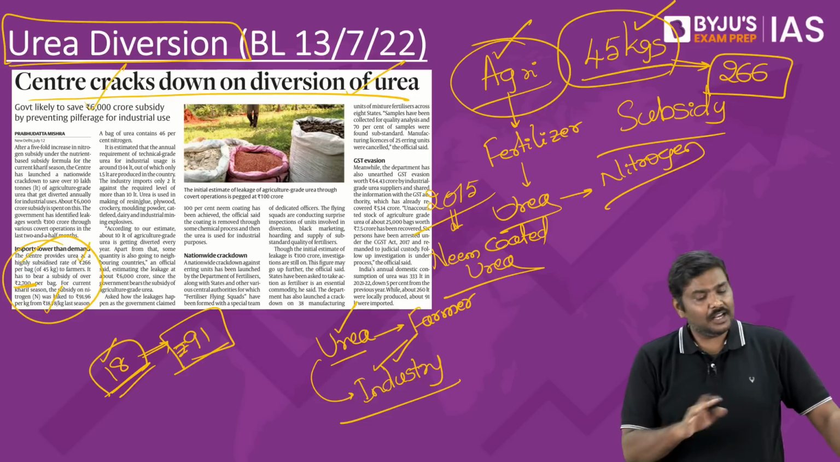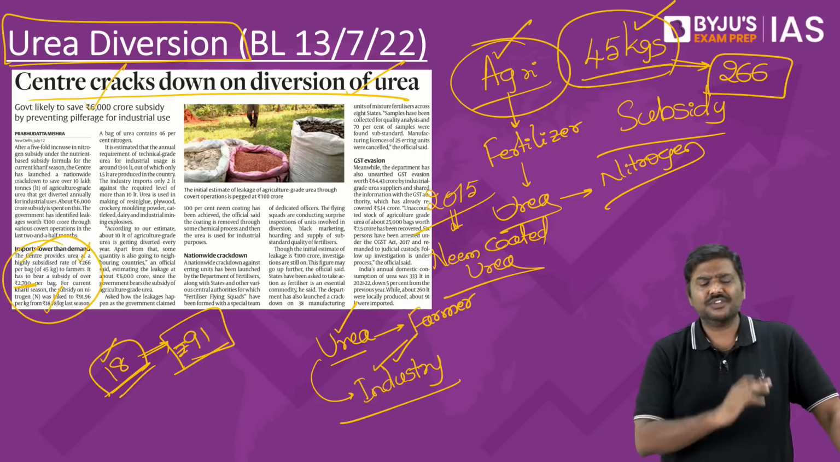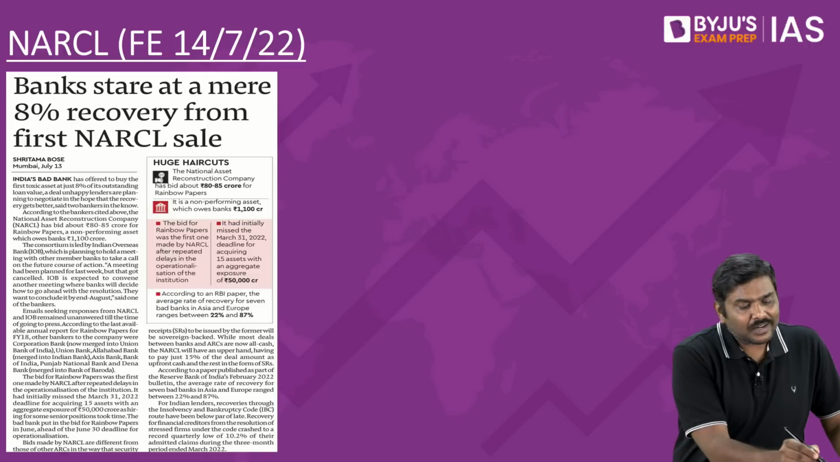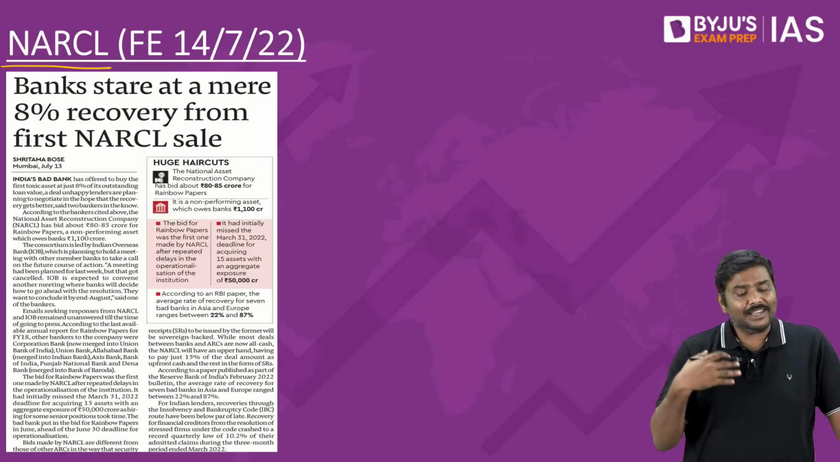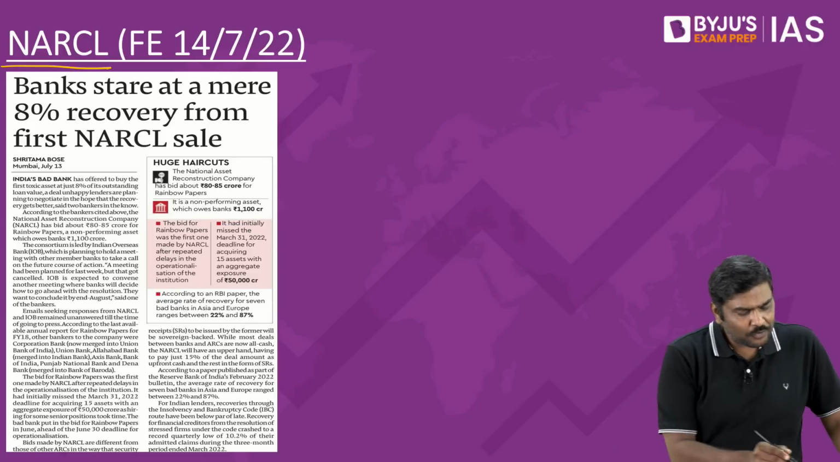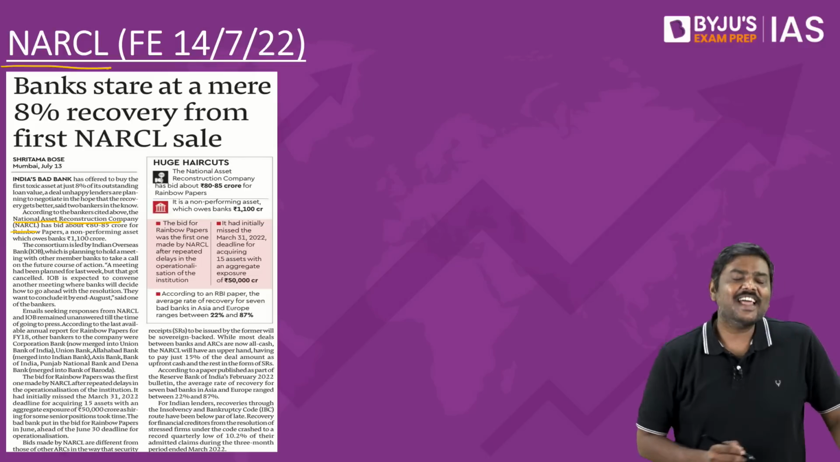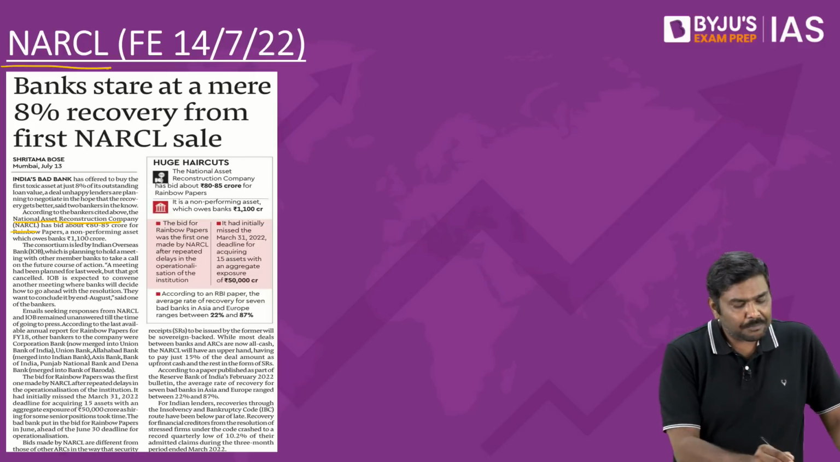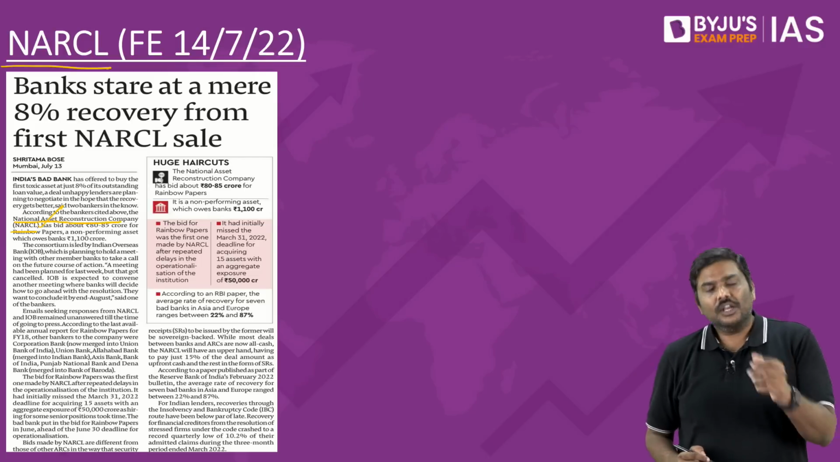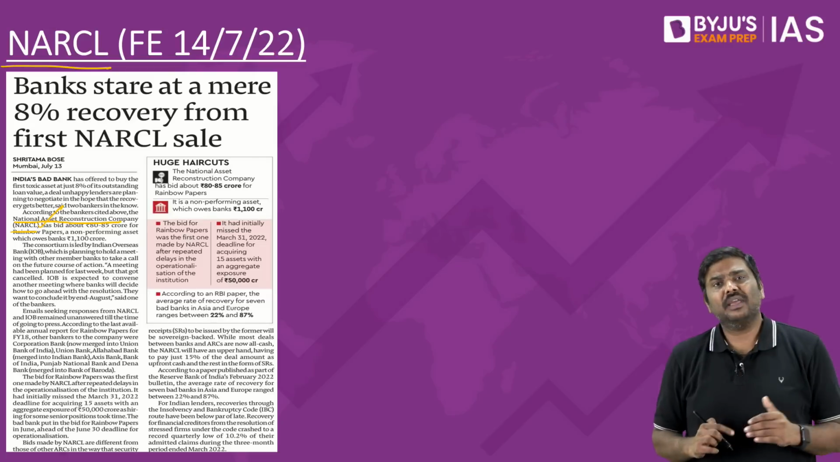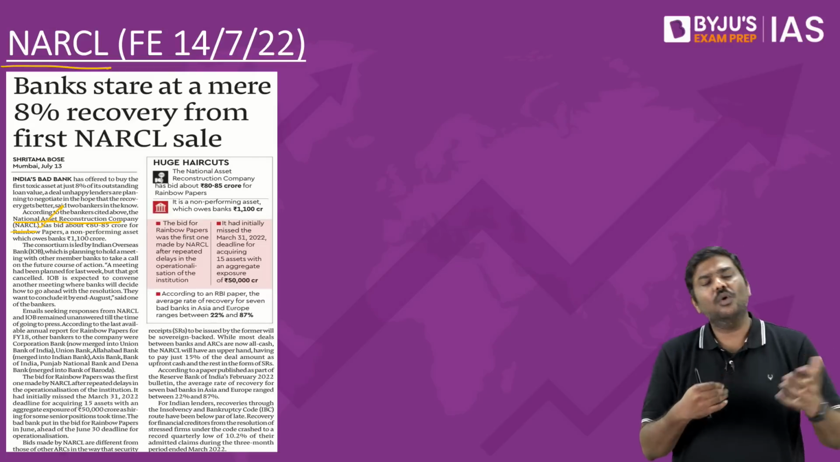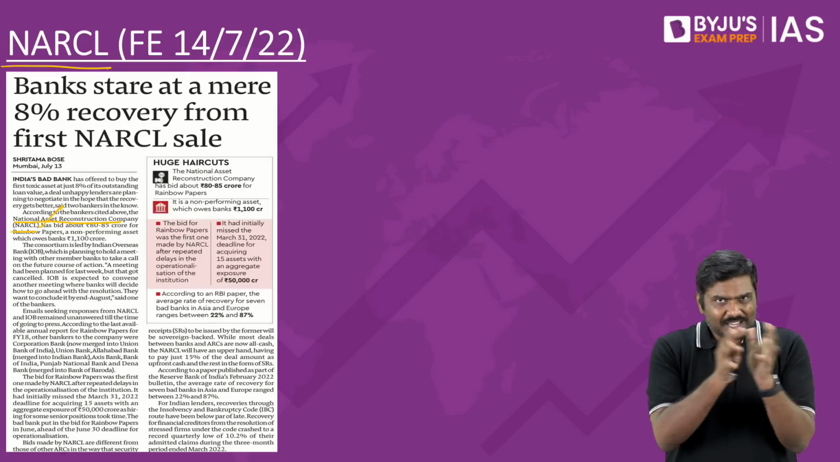So this is the article related to urea diversion. Next important article is related to the concept of NARCL. First and foremost, what is NARCL? National Asset Reconstruction Company Limited. In order to address the legacy NPAs, that is those NPAs which are very old, Government of India proposed NARCL,